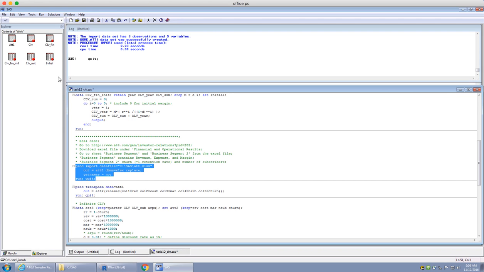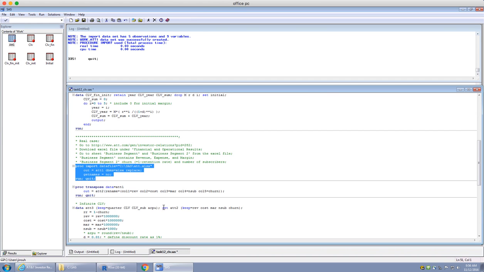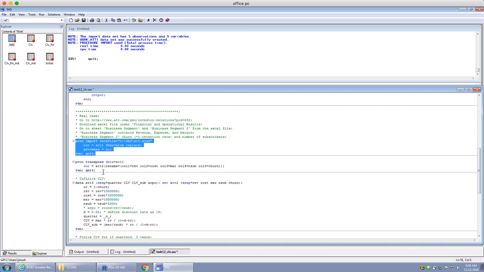If I look at it, I called it AT&T1. This is the information that I have imported. It's the same thing that you saw in the Excel file. You probably notice that this is in more of a row setting, but in SAS you have to change this to a column setting because that's how SAS really operates. What I need to do is call a procedure called transpose. So if I transpose this,